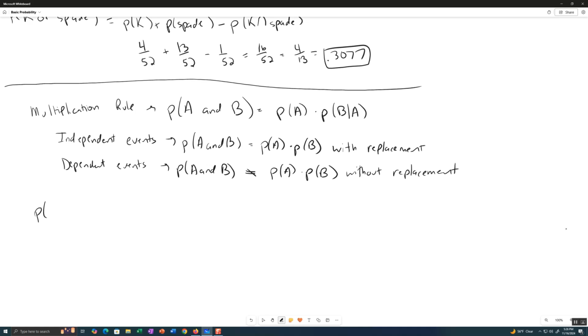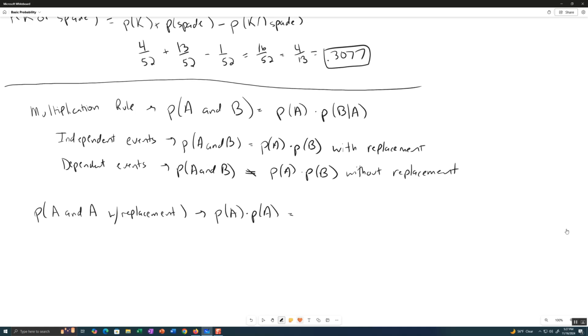So what's the probability of getting, let's use cards again. Ace and ace in two draws with replacement. In that order, of course. Ace first and ace second. So this would be probability of A times probability of A. So with replacement, there's no change in the probability. So the probability of getting an ace